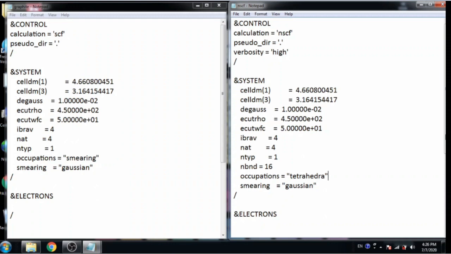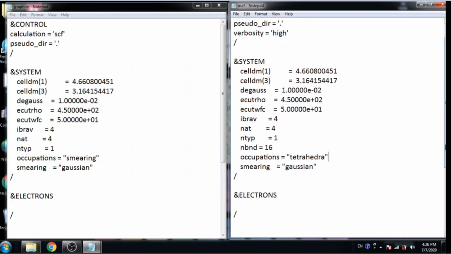So generally we add 4 more conduction states. And if you don't know the right smearing method for your system, then I suggest you choose tetrahedra broadening for smooth smearing.